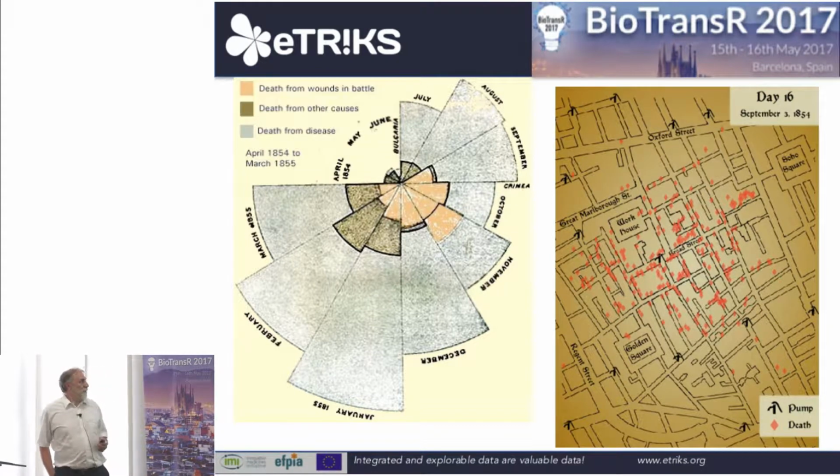These are actually a couple of things back from the 1850s. People may recognize them. This is credited as being the very first pie diagram ever drawn. This is Florence Nightingale's analysis of deaths in the British Army during the Crimean War. And this is John Snow's analysis of deaths from cholera in the 1854 cholera epidemic in London. John Snow, yes. It turned out John Snow did know something.